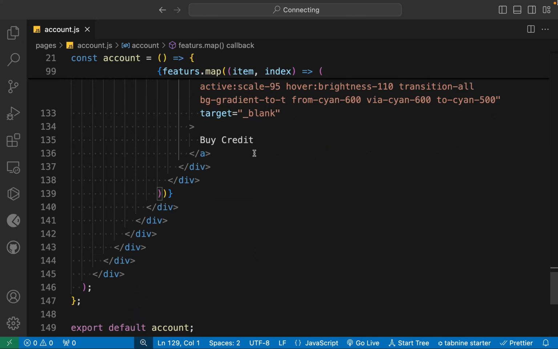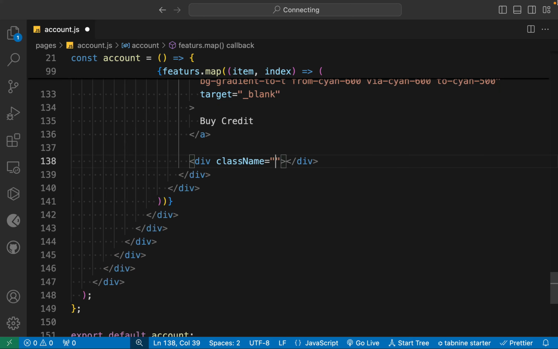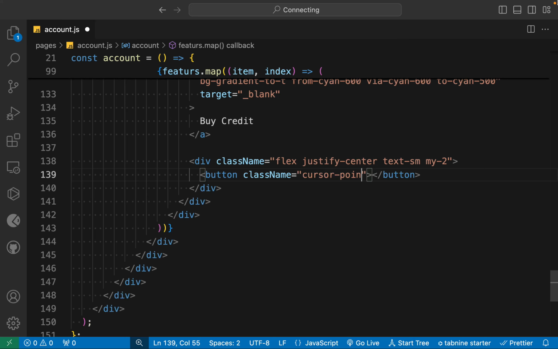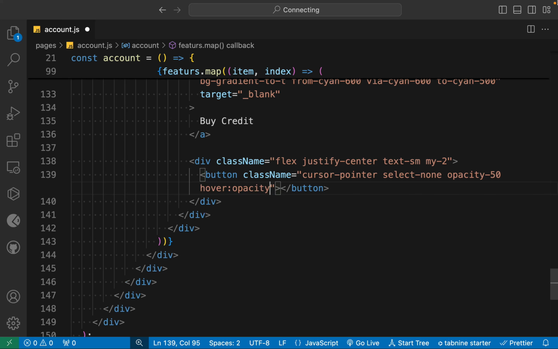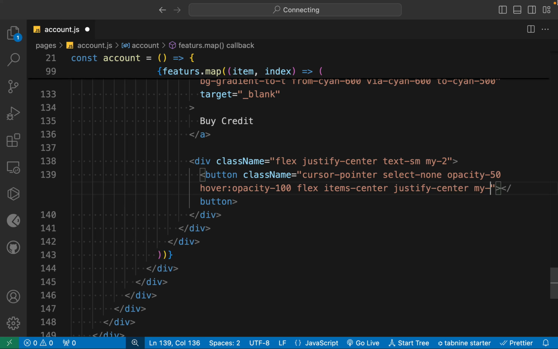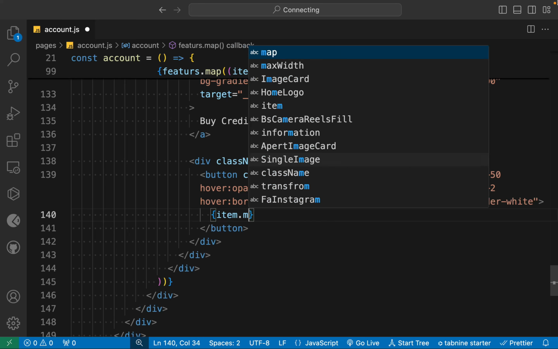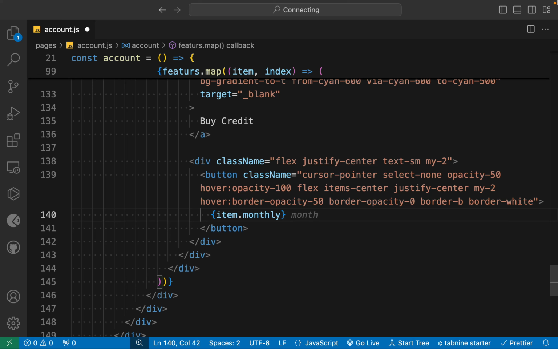Perfect. Now we can come back here, we can take a div, it will have a class called flex, justify-center, text-sm, margin y2. Inside that we can display the button: cursor-pointer, select-none, opacity-50, hover effect opacity-100, flex, items-center, justify-center, margin 2, hover effect border-opacity-50, border-opacity-0, border-bottom, border-white. Inside that we can display the item and we'll say Monthly, and this will have an HTML space tag,